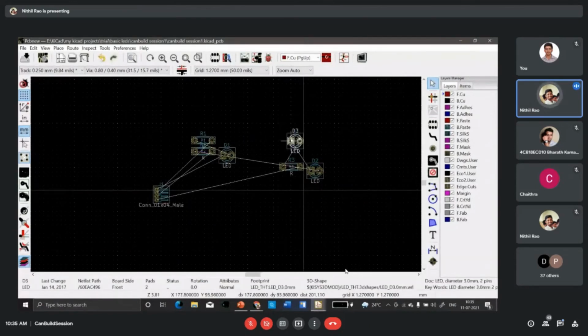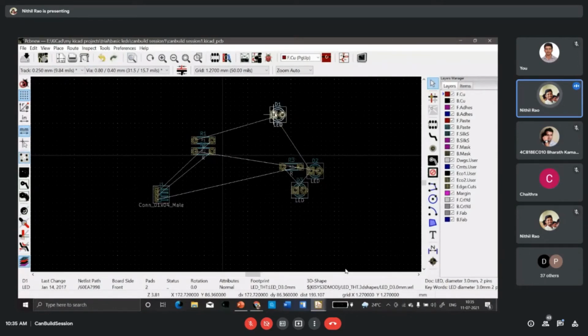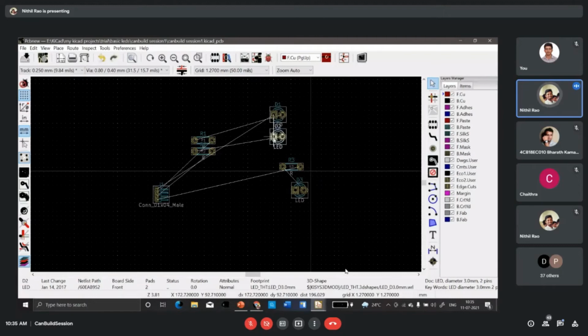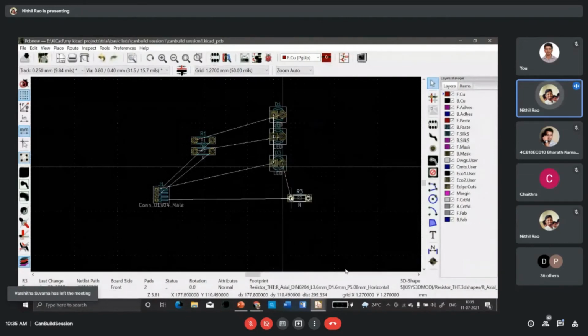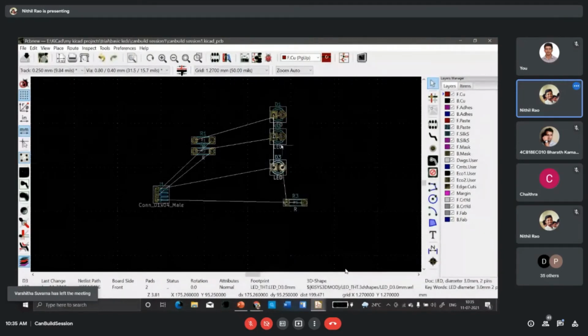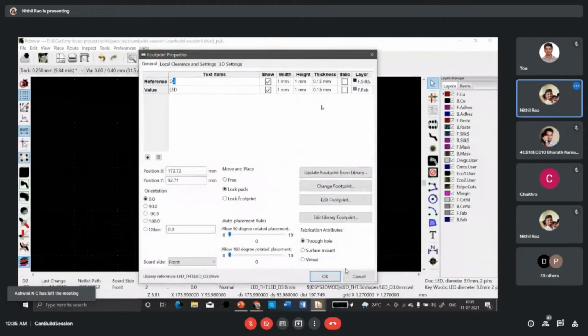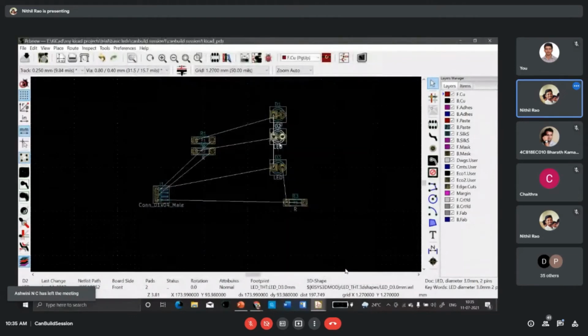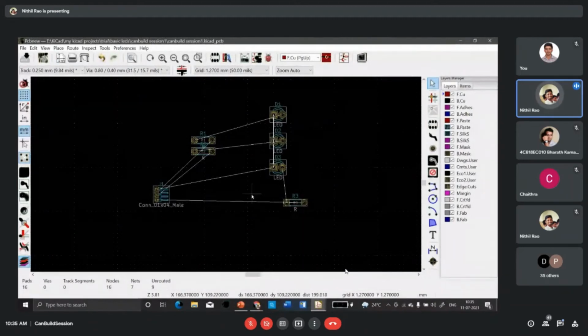Okay. I want my LEDs to be in the order of D1, D2, D3. So I'll be placing D1 on top, and then I'll be placing D2, and then I'm having D3 over here. Okay. Then I want my resistors to be here. Okay, so the LEDs are placed.